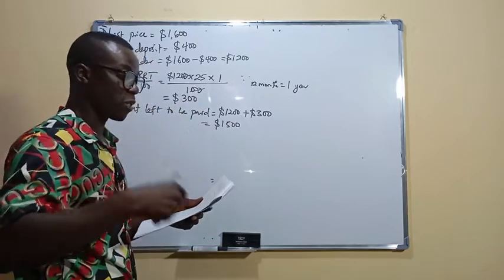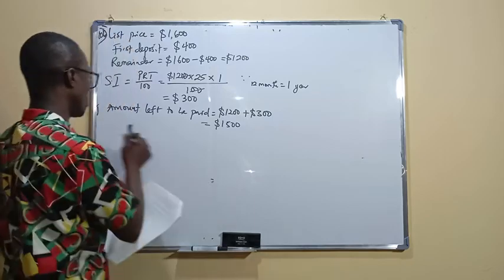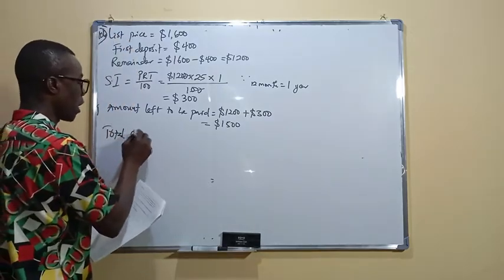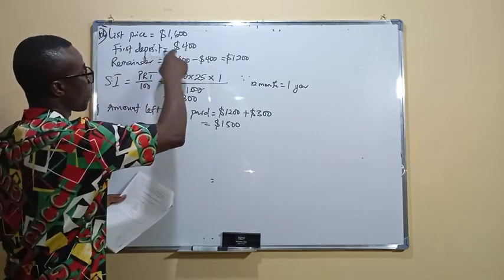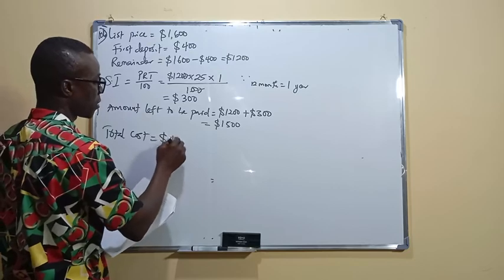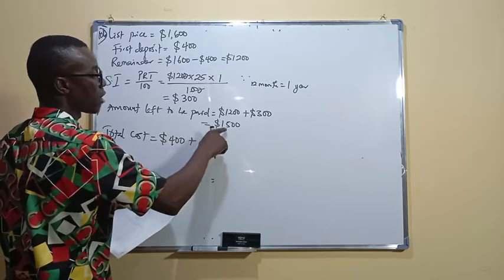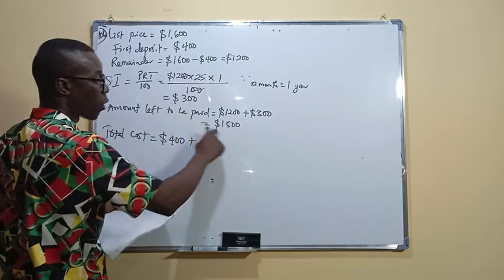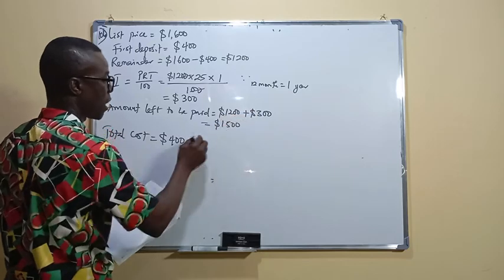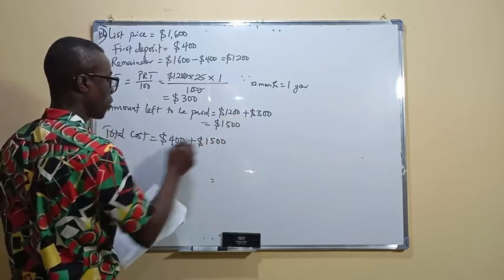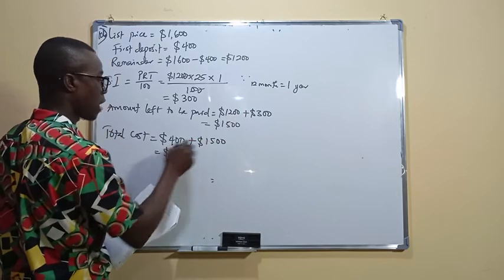So what is it? I say if the television set is purchased by installment, find the total cost. So total cost is going to be what? We can see that the total cost is going to be the first deposit, plus what this amount will generate together with the interest. And that will be 1,500. So that will give a total of